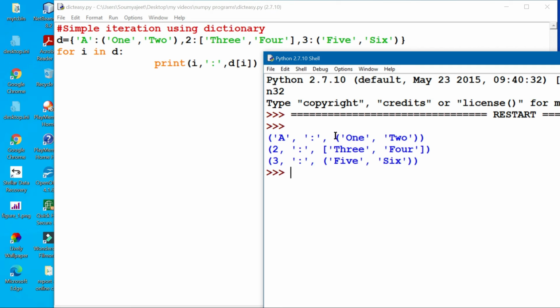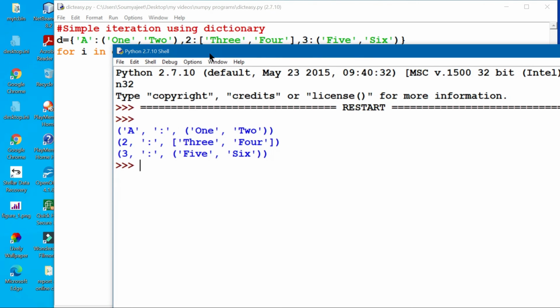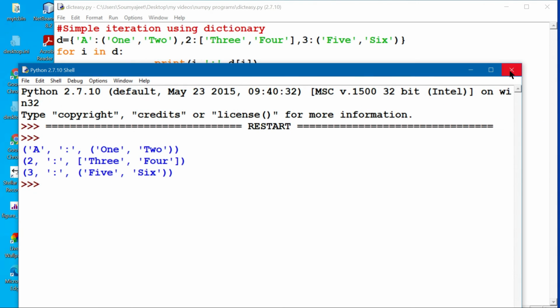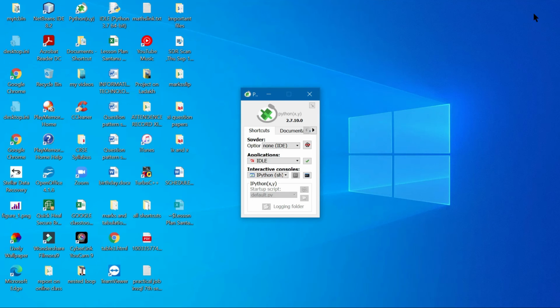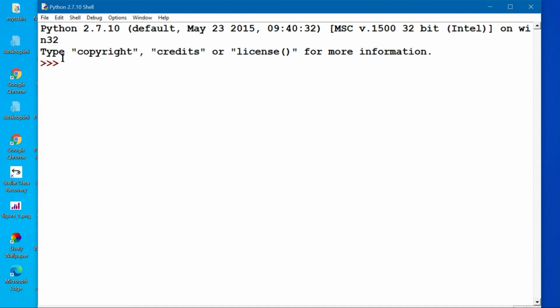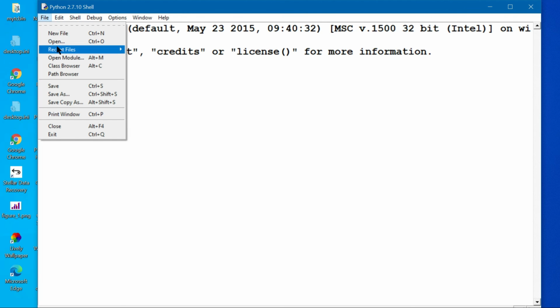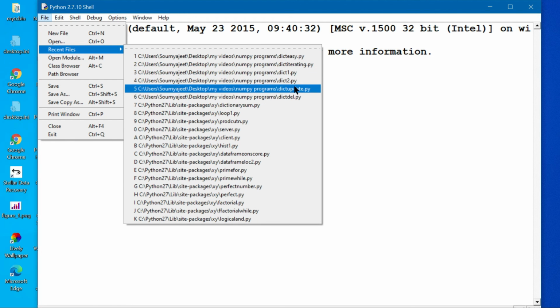You see out here, wherever there is a tuple, it is showing in round brackets, and wherever there is a list, it is showing in square brackets. Right, that's the thing. So this particular dictionary has been iterated. In this way you will do the dictionary programs. And whenever you get time, don't forget to do the practical. Practical is a very important aspect, and until you learn how to do the practical, you are not learning the program. There is no point in doing only the theory-based programs.